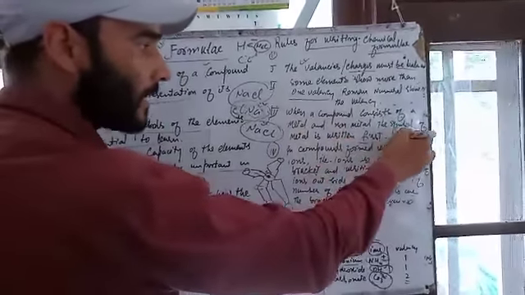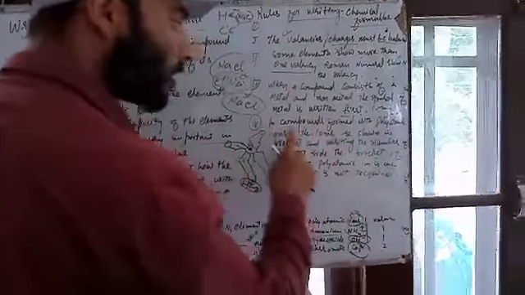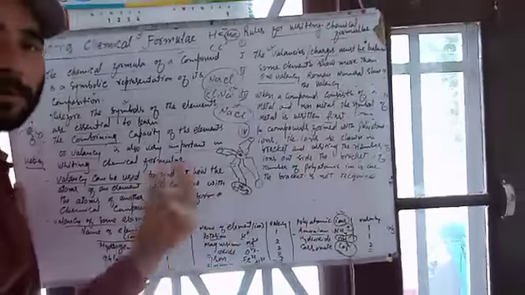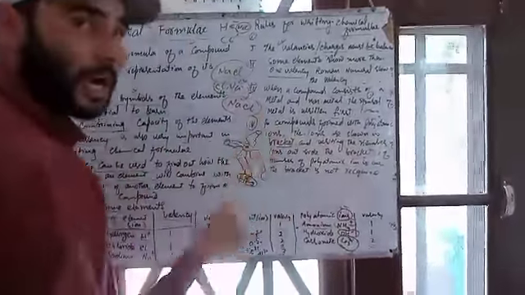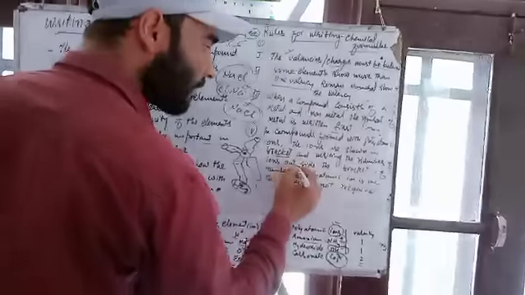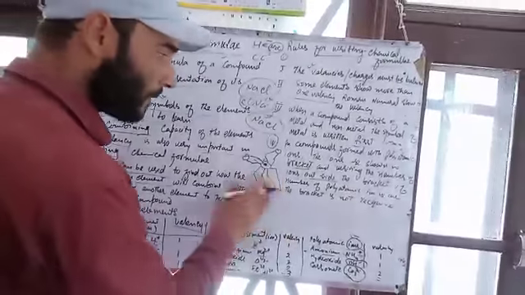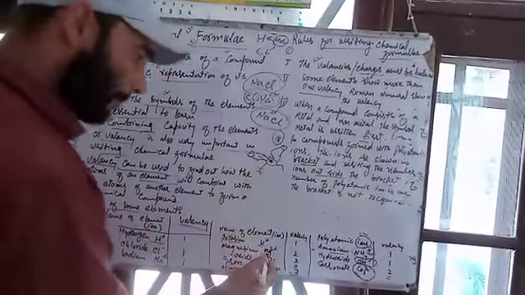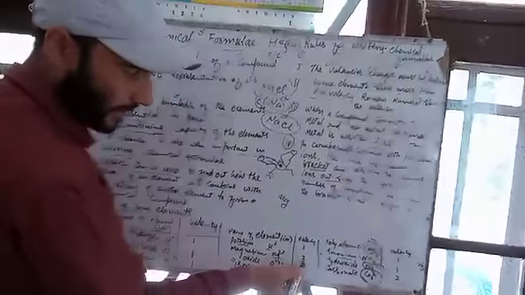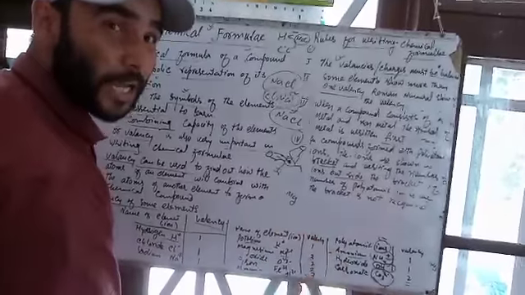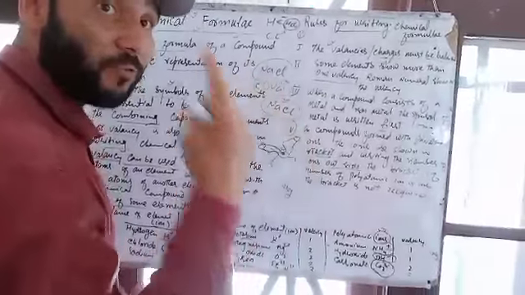This rule says that when a compound is formed of a metallic element and a non-metallic element, we write the metallic element first. For example, NaCl. The fourth rule is that if a compound is formed with a polyatomic ion, the ions are shown in brackets, and the number of ions is written outside the bracket. For example, magnesium Mg, how many valencies? 2.